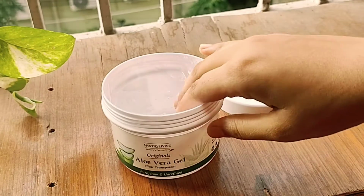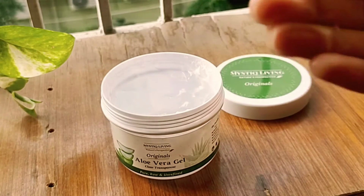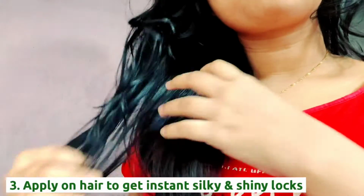So move on to our next use and that is we can use it on our hair too. डायरेक्टली हम एलोवेरा जेल हमारे हेयर में लगा सकते हैं. So if your hair is tangled, you can just take small amount of aloe vera gel and just rub it